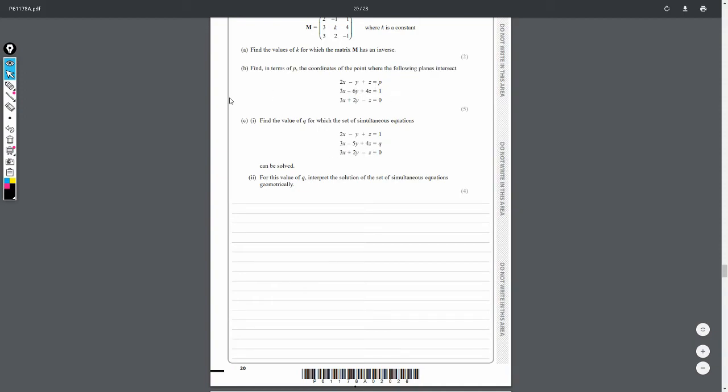So, all I need to do is expand along this middle row here and find the value of k that would make it equal to 0, and then basically k would be any other value, okay? So, let's have a go at doing that. So if we expand along this row,